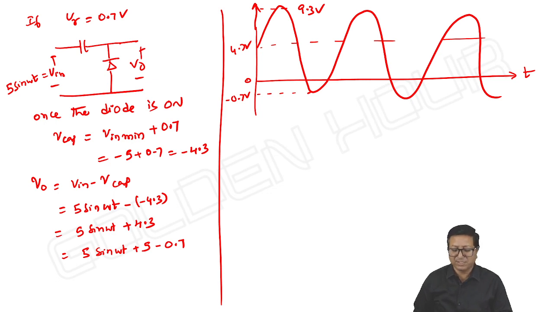Doesn't matter, we know the standard outputs. These are all for understanding sake only, but we know what the ideal output is, and whether we need to add or subtract 0.7. In the negative clamper you are adding, obviously in the positive clamper we need to subtract. That's it. If you remember one case, do the opposite action for the next case. That's it. With V reference, what happens? Again, here 9.3 plus VR and here